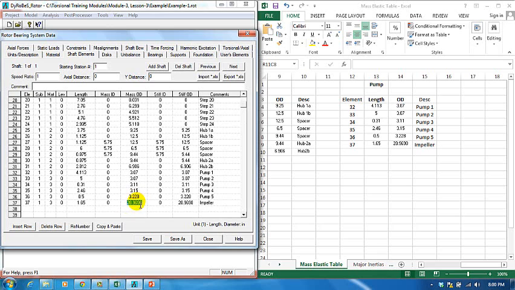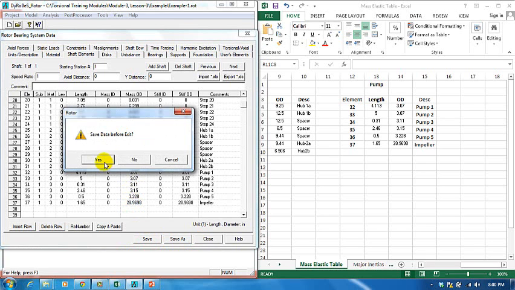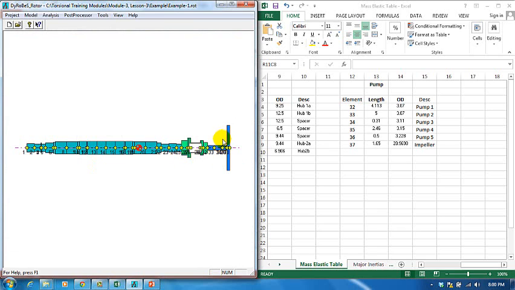So really, this is a very accurate number for a diameter. So it makes you wonder if it truly is what they say it is. But I think what they did here is they went in and they did some calculations, and then they came up with an equivalent diameter and an equivalent length to give you the effective inertia and effective stiffness in the particular impeller. So click save, hit close, hit yes, and there is your pump, which is in blue color,